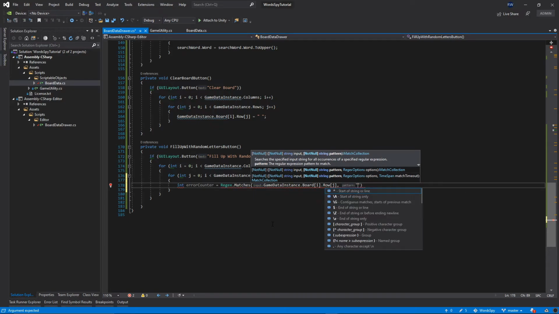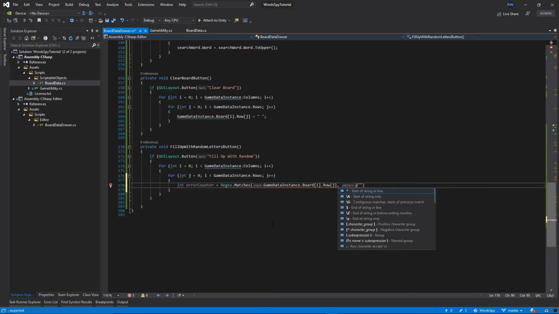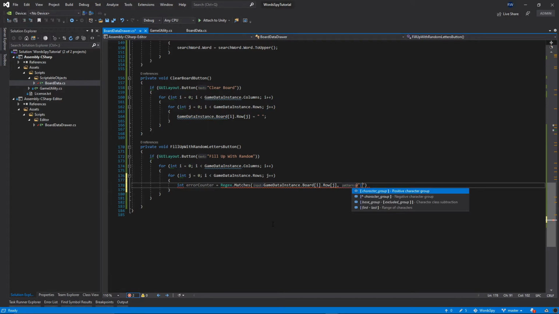So put the @ sign and then open the apostrophes and then square brace, and I will put from small a to z and from capital A to capital Z. Okay, so we want to look for the small letters or capital letters, and then put dot count,